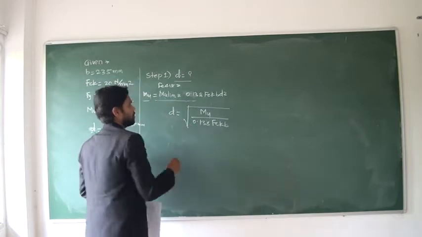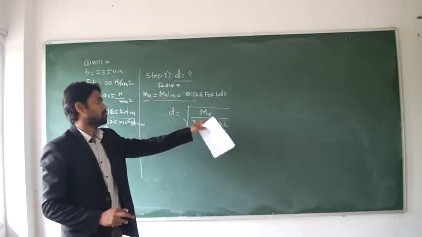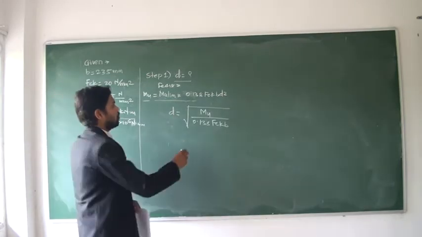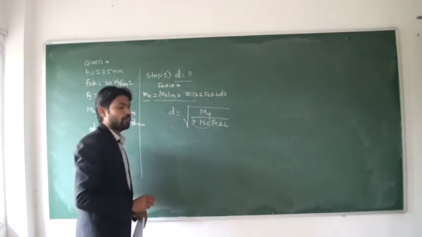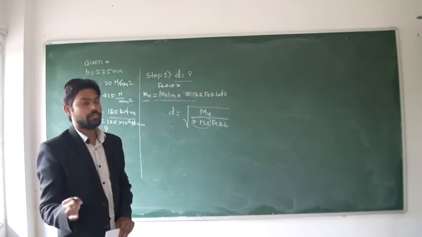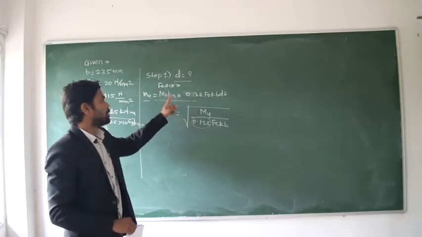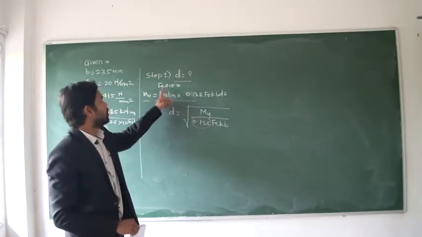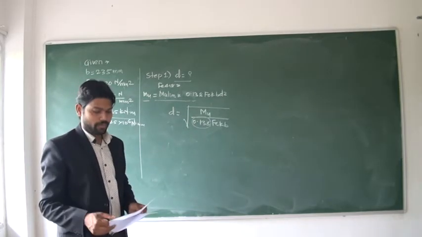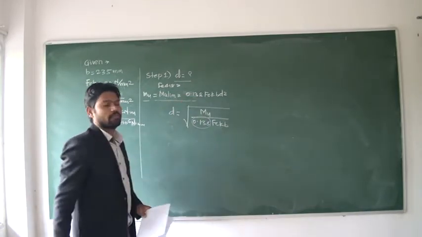If you directly remember this equation, then also it is okay. You can directly put all the values in this equation and calculate the value of D. Only this factor, that is 0.138, 0.148 and 0.133, these three constants are for different grades of steel. If you are using Fe415, here it is 0.138. If you are using Fe250, here it is 0.148. If you are using Fe500, here it is 0.133. You can again refer to your lecture notes of the previous lecture. You will get these formulas for different grades of steel.